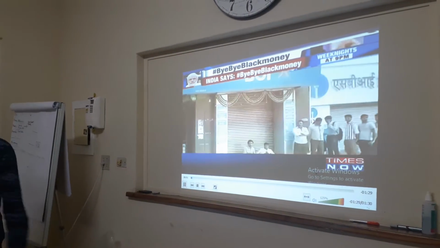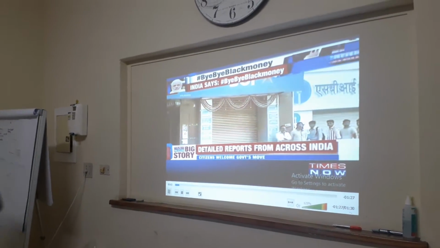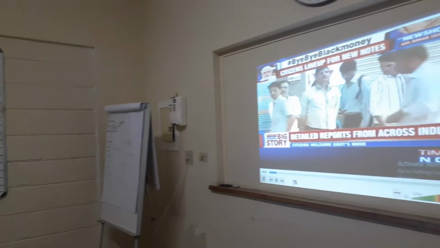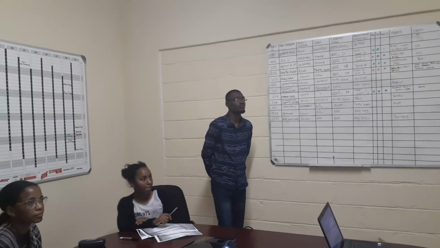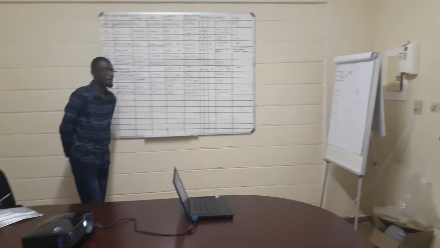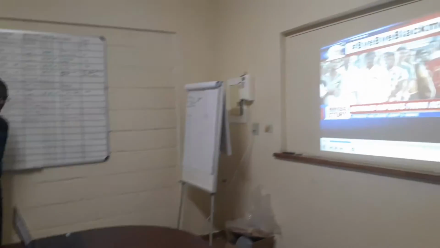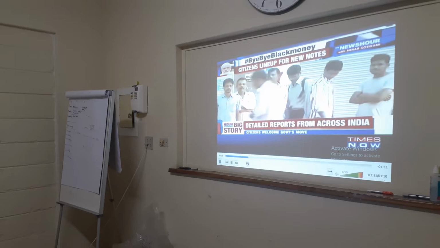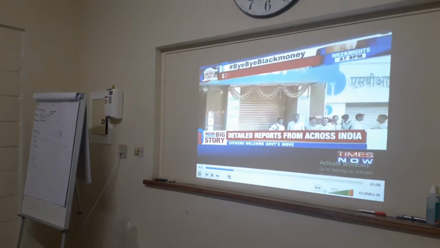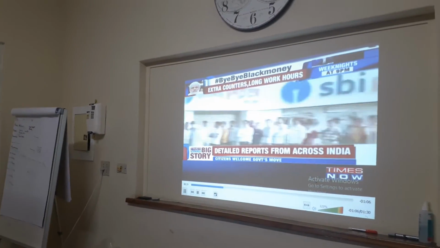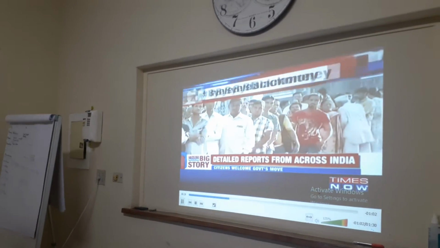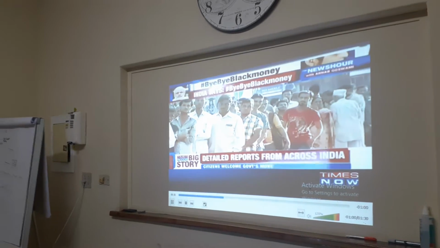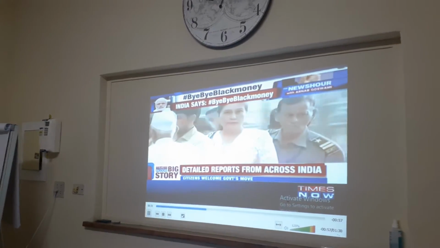On Friday, long queues were seen at banks and post offices. They didn't really stop, and they started early in the morning, just like yesterday. They didn't stop citizens from changing notes on a hectic day as well. Today, as we speak, citizens have again lined up outside ATMs. Even before the bank branches have opened, the people have already started standing in the queues out there. Those are the visuals that you can see on your screen right now. The branches have not yet opened, but still there are long queues already.